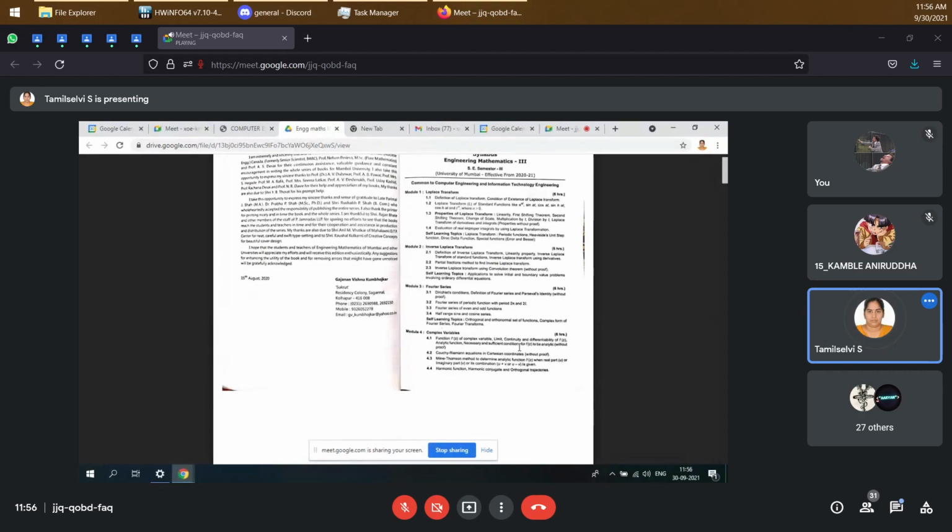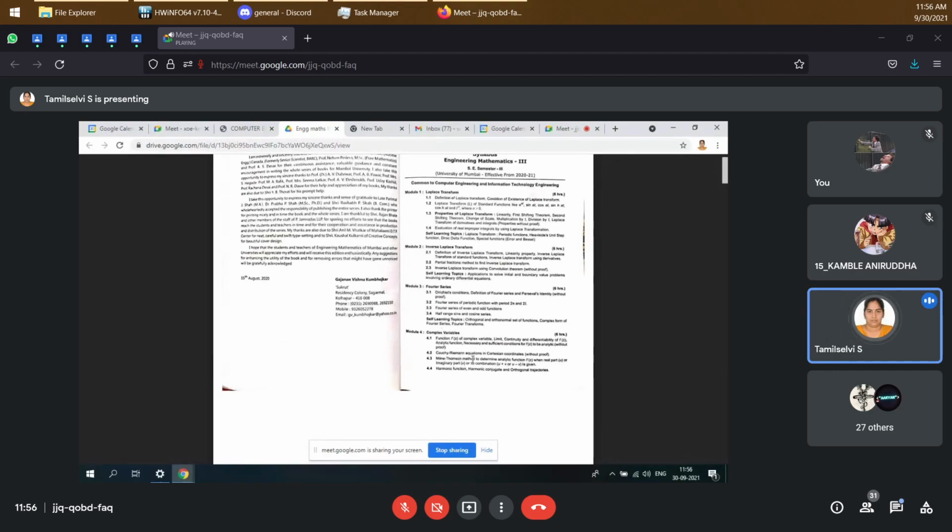But here, when a function is analytic, the necessary condition is that the function should be continuous and differentiable. Only the sufficient condition is the CR equations. So for that, the necessary condition and the Cauchy-Riemann equations in Cartesian form are given, without proof. How the Cauchy-Riemann equations have come is not required. Only the implementation part.